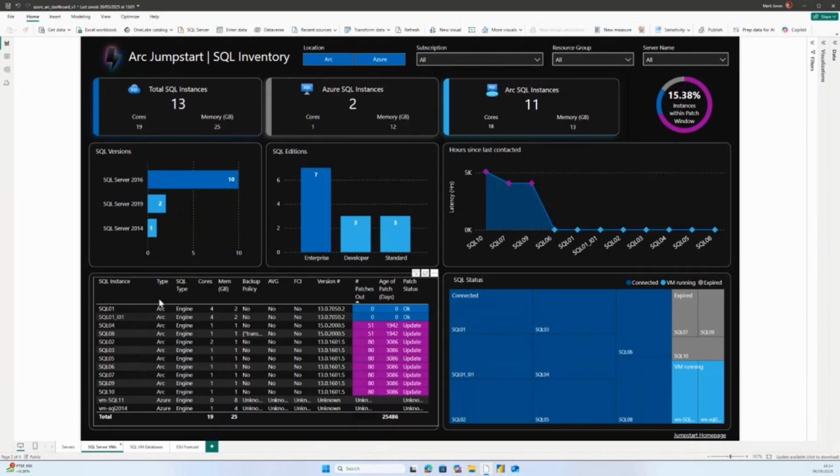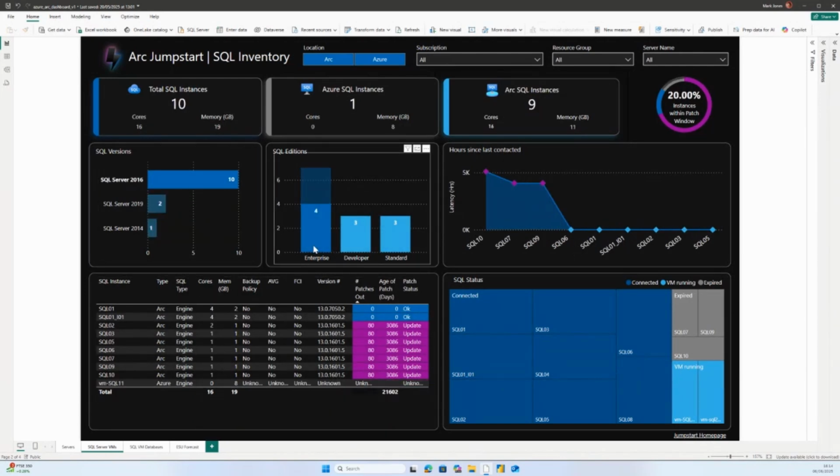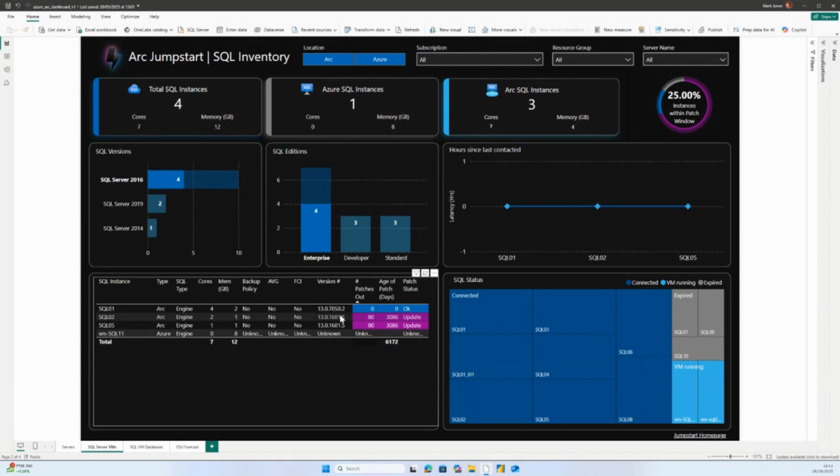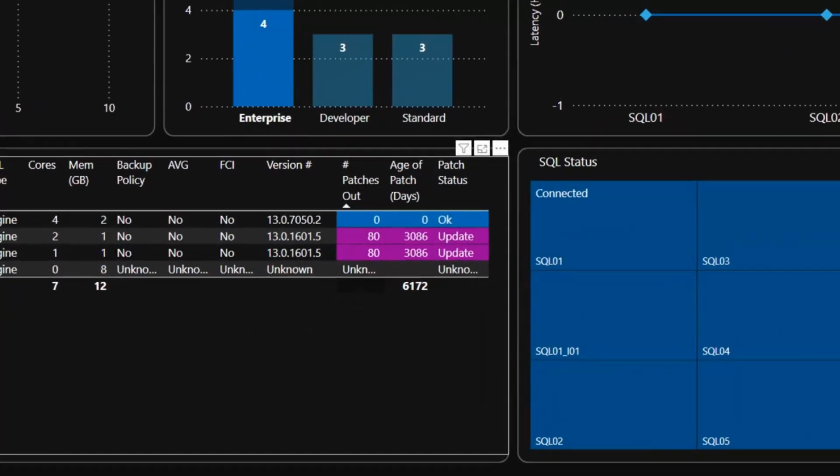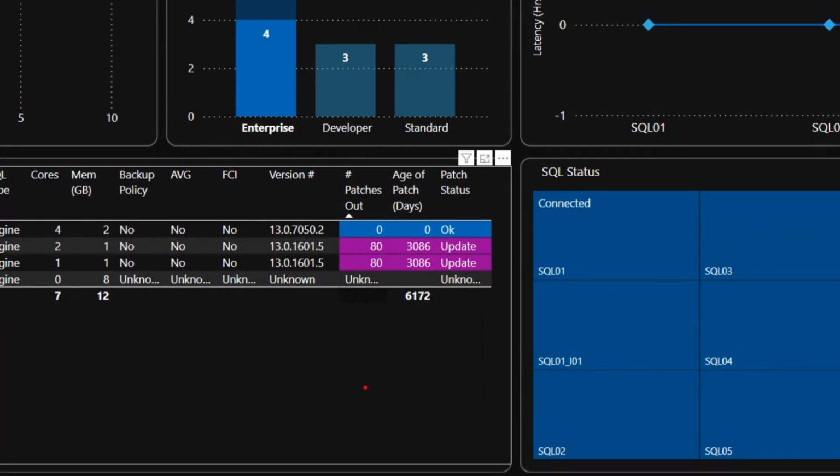Alongside that as well, I've got all of the information here, so we can do the same thing again. We can do the same filtering. How many SQL Server 2016 Enterprise editions do I have? Really, really easy to answer. But one of the really cool things that we can do with Power BI is that we can start to